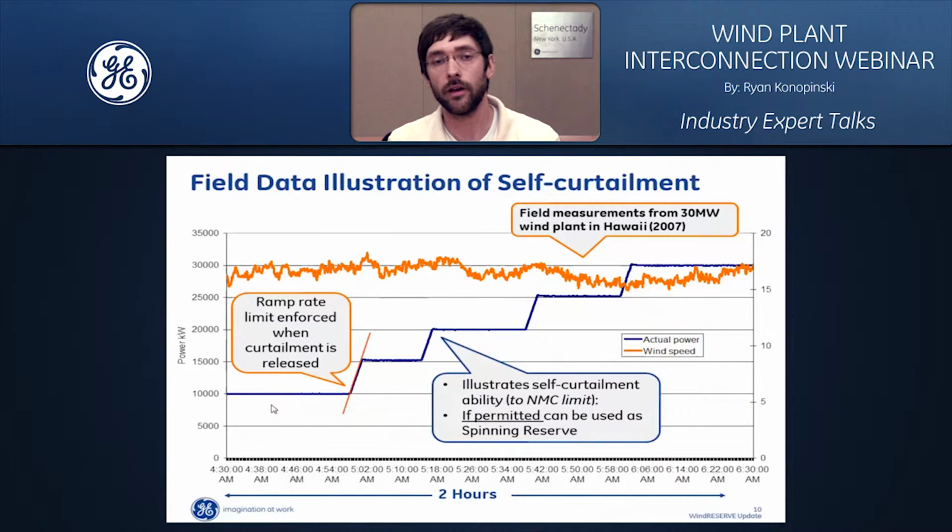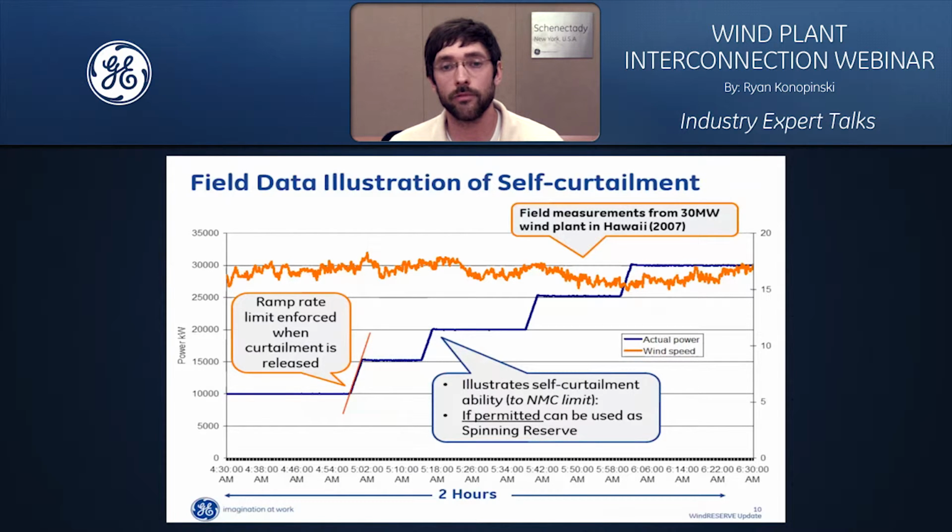But when the test begins, we have actually curtailed the facility to 10 megawatts output, and then, in 5 megawatt increments, the curtailment limit is essentially released and very tightly controlled, so that the release of the curtailment is very, very tight, and there's very little overshoot. The tests are basically performed over a 1-hour window. So again, this really just tries to illustrate that the technology exists, it's out there, and most turbine manufacturers have